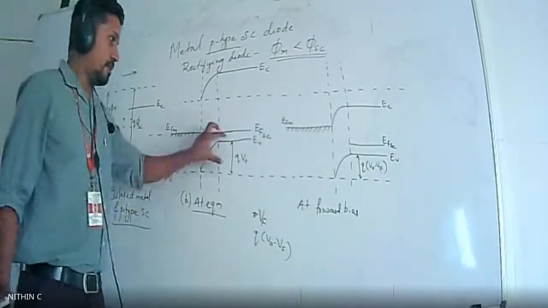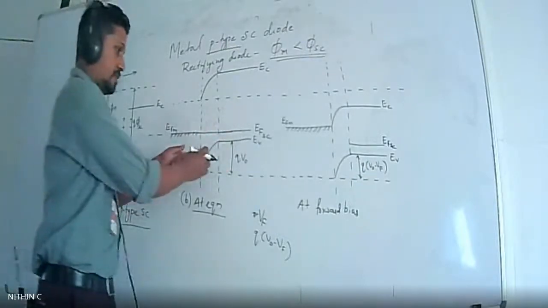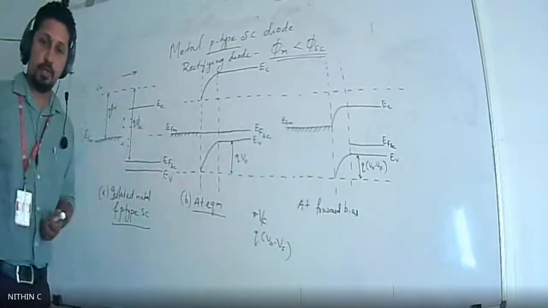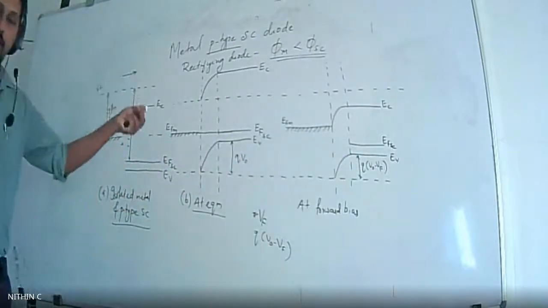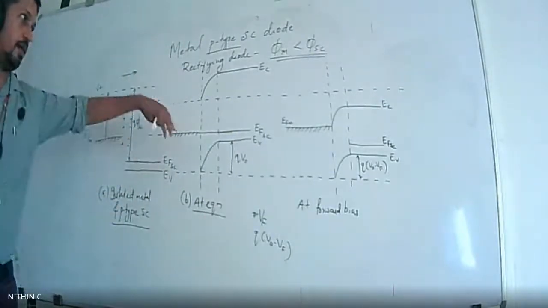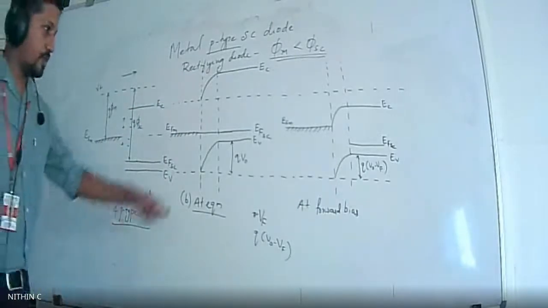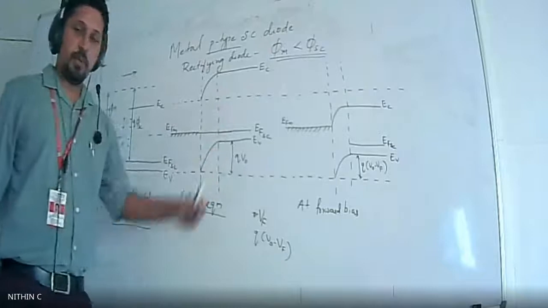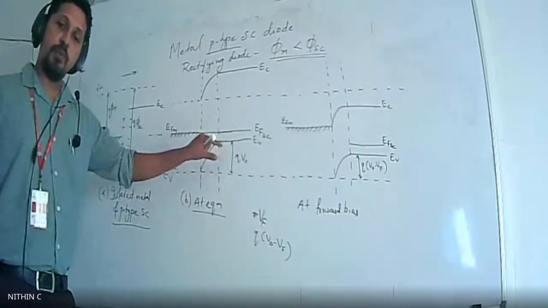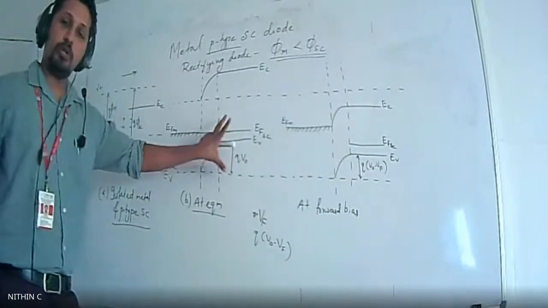Reverse bias, what happens? This barrier potential will increase, and the depletion layer will also increase. This is actually common to all types of diodes. Whether it is a rectifying diode, PN junction diode, or whatever be the condition, this type of energy band diagram is common for all the diodes. QV0 initially; then if you are applying the forward bias potential, it will be reduced to QV0 minus Vf. If you are applying the reverse potential Vr, then this value will increase to Q into V0 plus Vr.